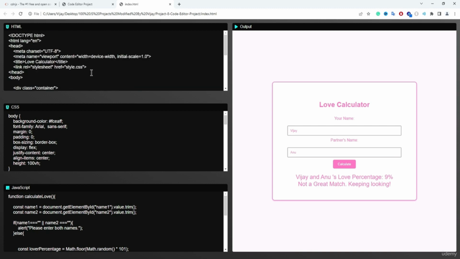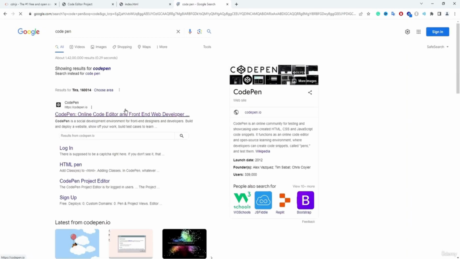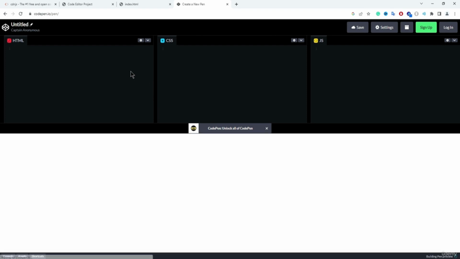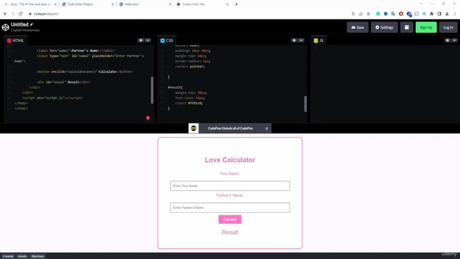It is similar to the CodePen application. You can see this is CodePen. If you are not familiar with it, maybe you are familiar. If you are just a beginner, then maybe you have not seen it. So it is like this one. You can write here your HTML code, your CSS code, your JavaScript, and then the result will be displayed here. So if I enter my own love calculator project here, and if I copy the CSS and paste it here, and if I enter the JavaScript as well,